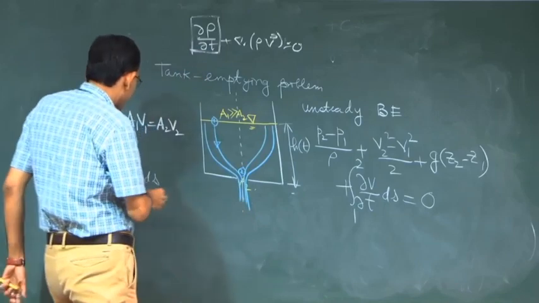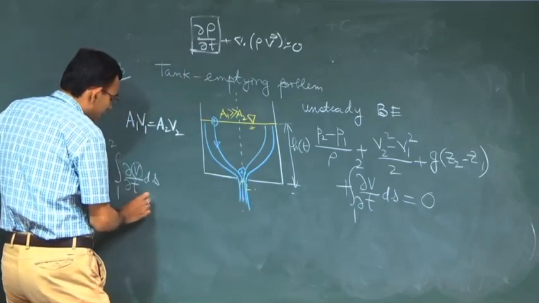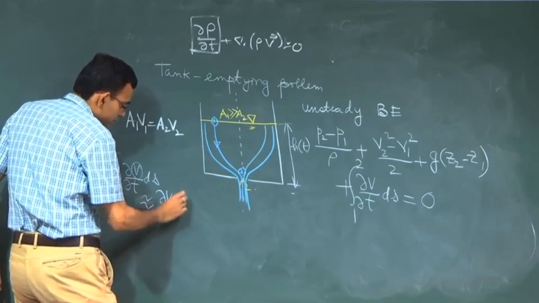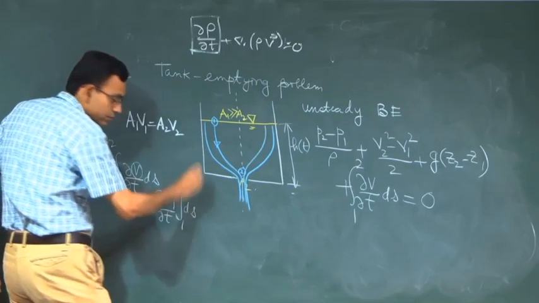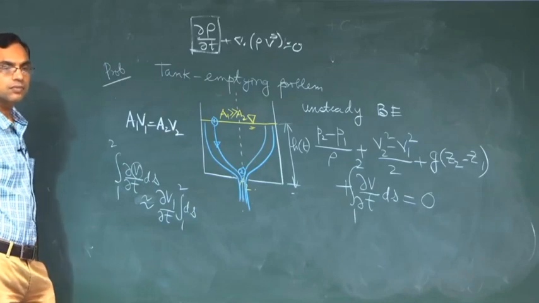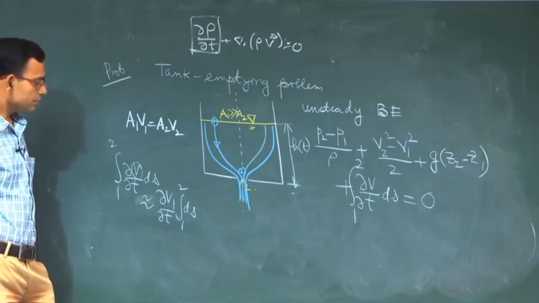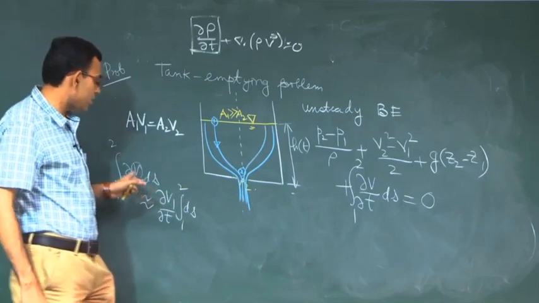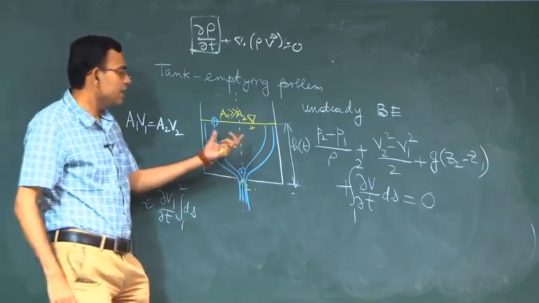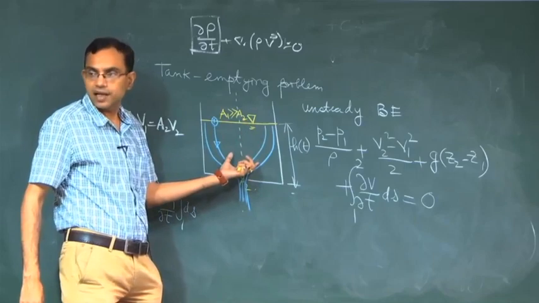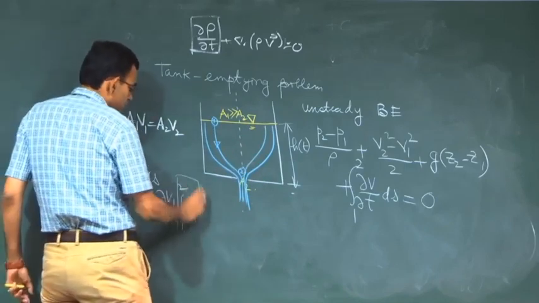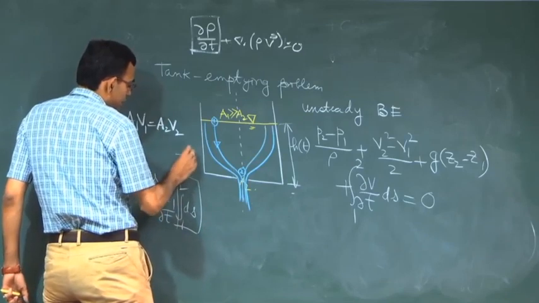So primarily we can say that this is approximately equal to this. This is an assumption that the primary contributor to this integral is the velocity within this large tank. So, this is equal to minus h, and therefore,